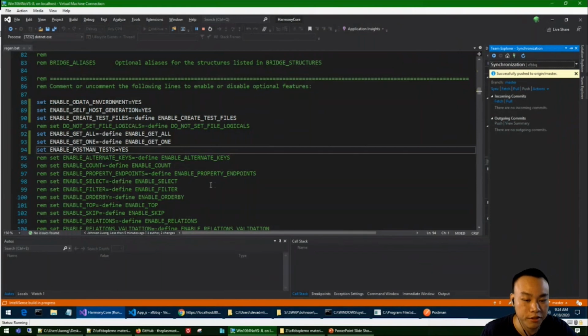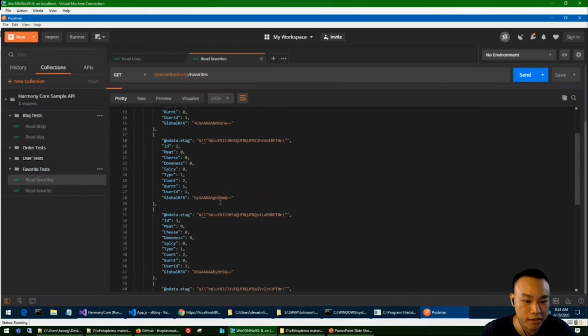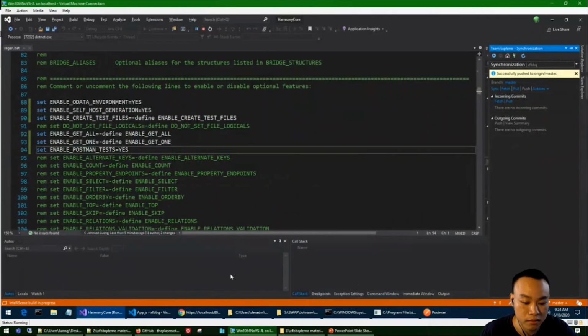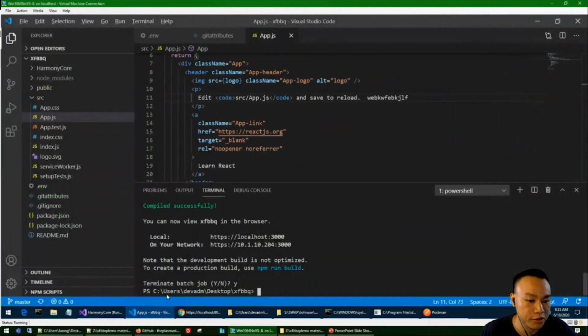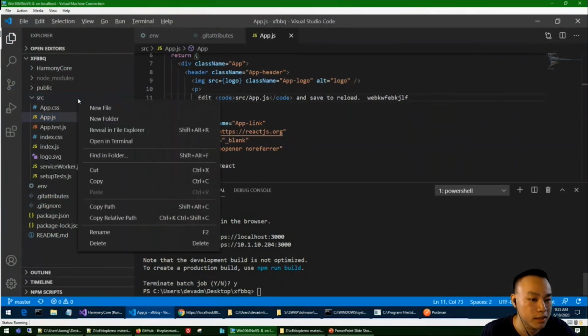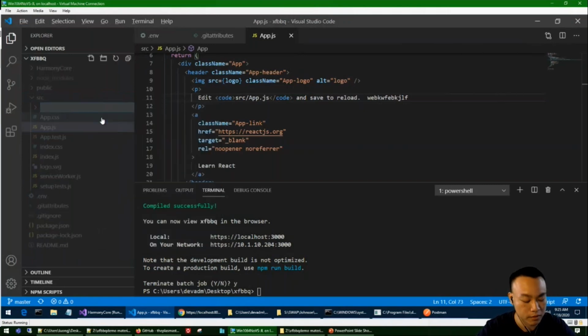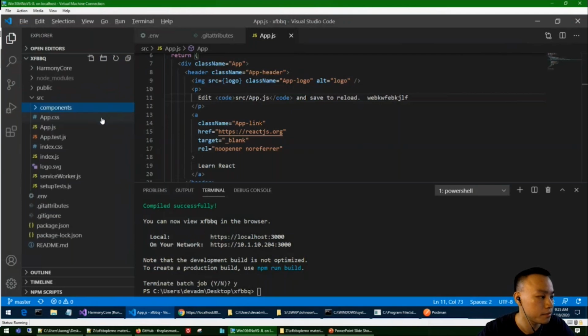Okay, and now we're going to display all this beautiful data from the front end. So inside our Visual Studio Code, we're going to have to make a couple of small modifications. I'm going to create a new folder inside source called components.